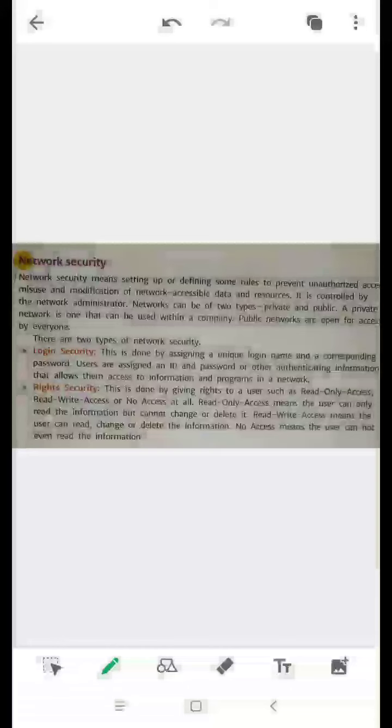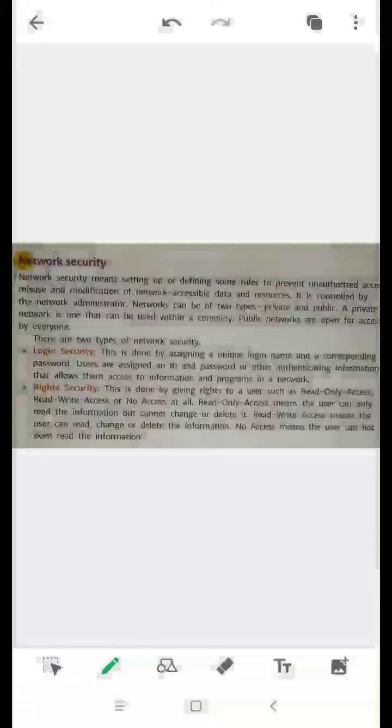Network security means some rules to prevent unauthorized access or misuse of the information. The two types of network security are login security and write security. What is login security? It is associated with a username and a password to access the information and programs in a computer. Write security means read only, read write and no access.